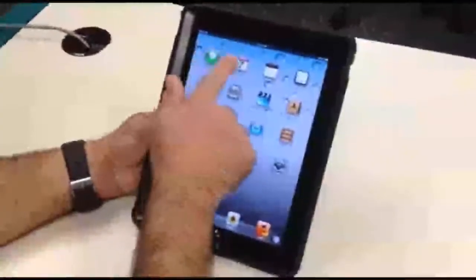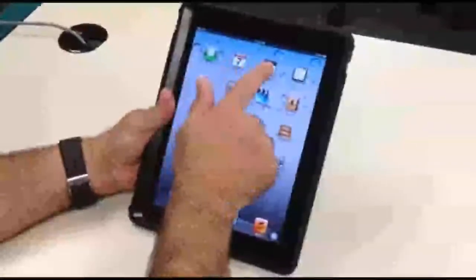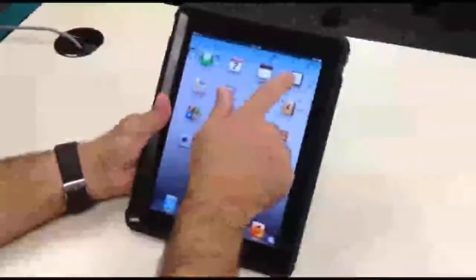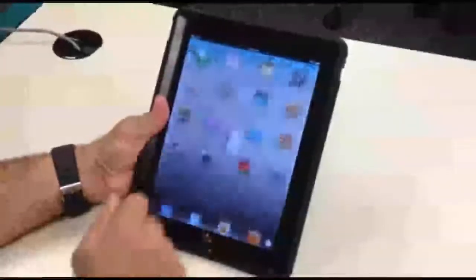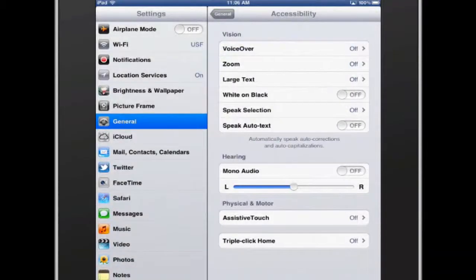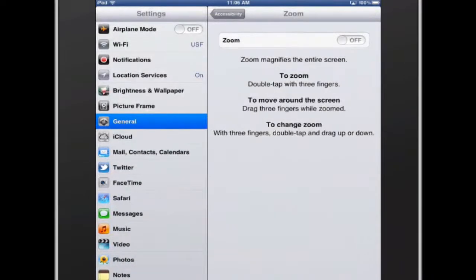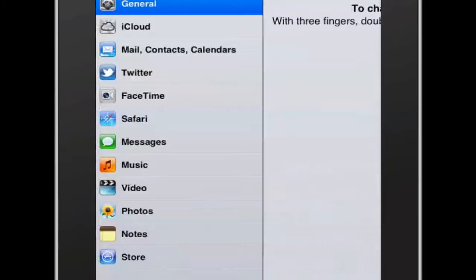Messages. Double calendar. Thursday. Notes. Double tap to open. Reminders. Double tap to open. Reminders. Edit. Button. There's also a zoom feature, and with zoom turned on, you can zoom in by double tapping